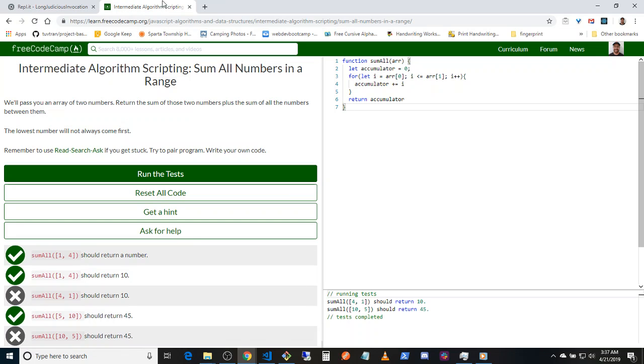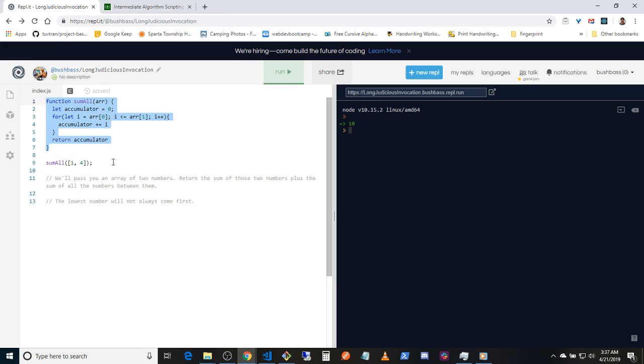Okay. So let's see. What if we sort that array first, right? So let's see for a second here. What's going on if we do 4, 1, 0? Why is it 4, 1 is 0? Because this condition is already met, right? So it's just 0 right from the bat. It never does anything. Right, so we need to sort this first, and I'm pretty sure we can do something like,